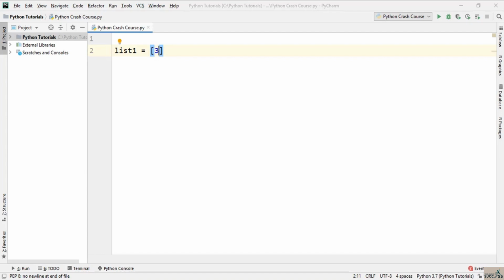And now let's say for the second item, we need to put this comma. And now for the second item, we will have, let's say, 7 and then 9. And then we will have some string values as well, for example apple, and then let's say banana, and then let's say oranges, and now let's say we will have again some numeric data, like for example 1, and then let's say 9, and then let's say we will have the last item, and that is, let's say,